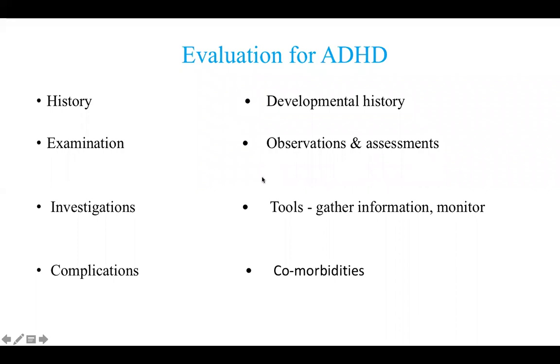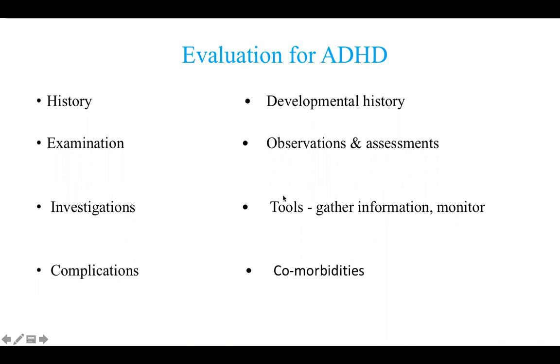Examination is more of observation, observing the child in the clinic, with repeated observations. That is why the evaluation for ADHD, or for that matter any neurodevelopmental condition, is not your regular 5-10 minute kind of job. It takes almost half an hour to 45 minutes each session to take the history and the examination, and to build a rapport with the parents and the child for them to come out with other important clues in the history. We do the observation of the child, either solo or with the parent,